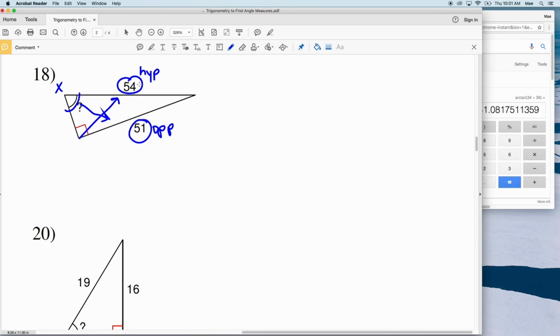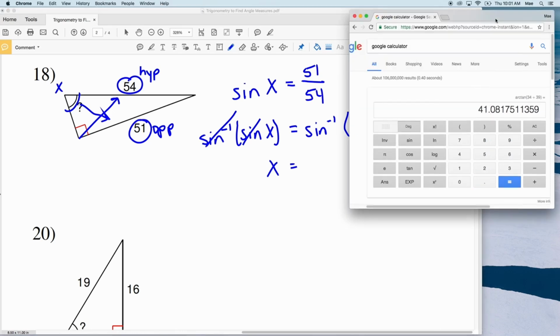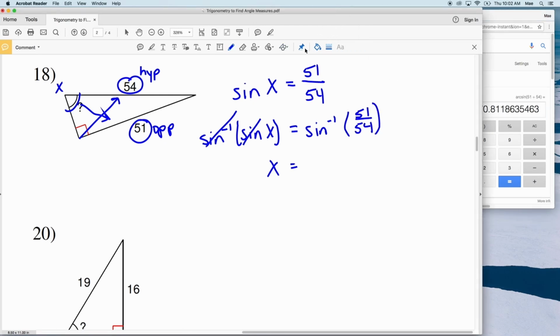So remembering SOHCAHTOA, we're going to use sine since we're given the O and the H. The sine of that angle X is equal to the opposite side length, which is 51, over the hypotenuse, which is 54. Taking the inverse sine of both sides is our next step. In doing so, we're left with X on the left-hand side, and entering into our calculator, the inverse sine of 51 divided by 54 is going to be 70.8, which rounds to 71 degrees